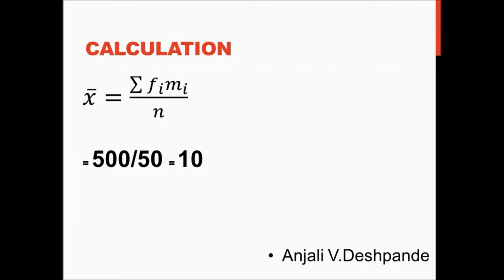So the calculation for finding the mean in this case is x bar equals, this is the standard notation, mean is denoted by x with the bar over it, which indicates the average. So it is equal to summation Fi Mi divided by n. Over here the total, when you sum it up, again you can rewind the video and check the sum, is 500 divided by 50, which is the total number of weeks. So this comes out to be 10 accidents per week.